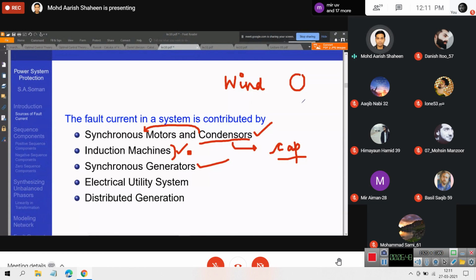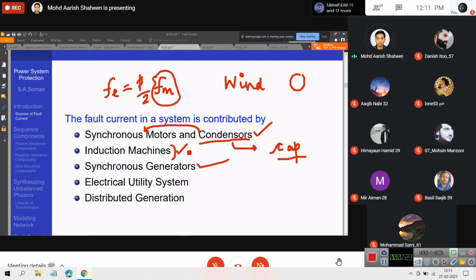Why is it efficient? Because the wind is not constant, it keeps on fluctuating. A synchronous machine is a constant speed machine because the relationship between electrical frequency and mechanical speed is fixed. It's given by this equation. Electrical frequency is equal to P by 2 times mechanical frequency or mechanical speed. So if the number of poles is typically fixed and the frequency is also fixed at 50 hertz, the mechanical speed has to be more or less constant for this equation to be true. And therefore, it's very difficult to vary the speed of a synchronous machine, especially one connected to a grid.